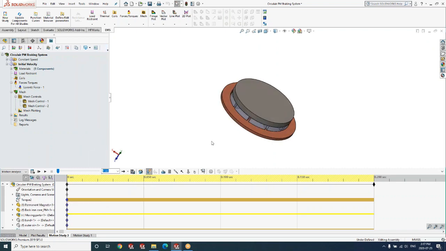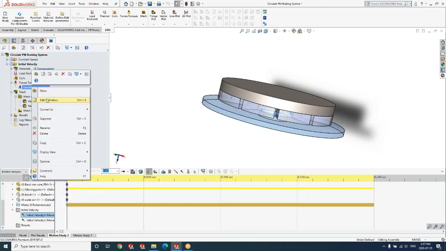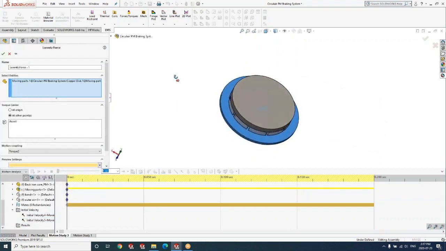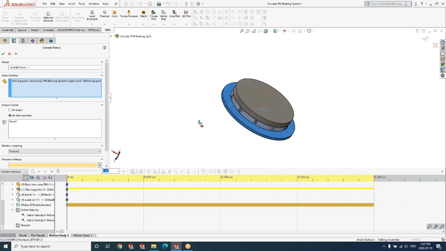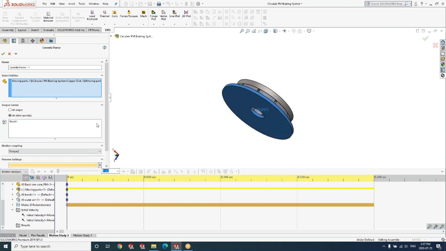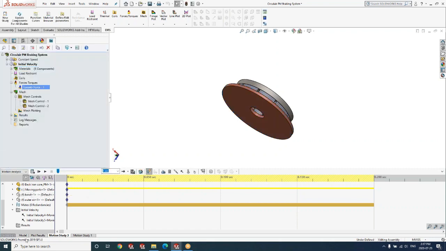Next, we also will have a braking torque, and that is done in EMS, where EMS can calculate the braking torque at the center of the moving disk, and this braking torque is coupled to SolidWorks Motion, and this acts as the torque responsible for slowing down the disk. With this, the definition of the problem is completed.